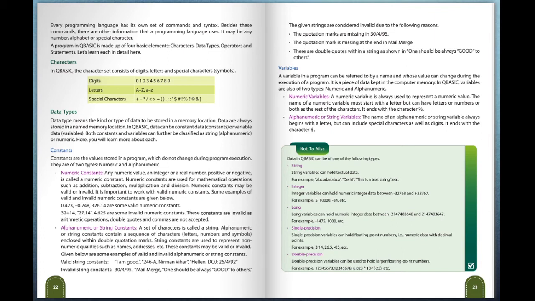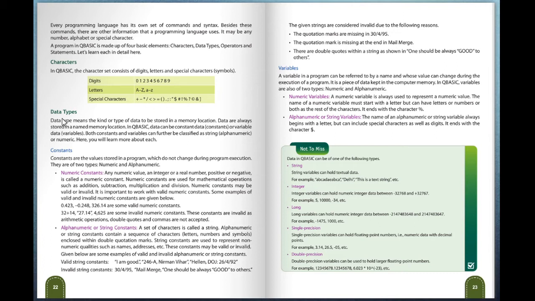Characters: in QBasic, the character set consists of the digits 0, 1, 2, 3, 4, 5, 6, letters A to Z in capital and a to z in lowercase, and some special characters like plus, minus, asterisk, division, less than, greater than and so on.